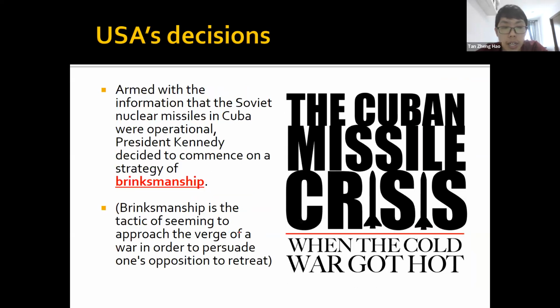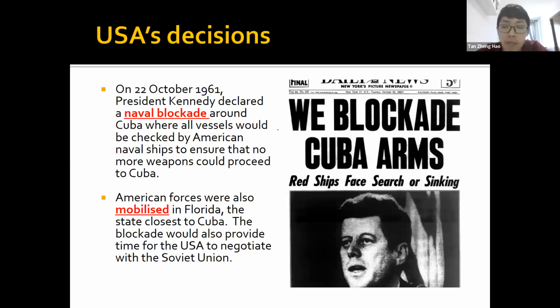Okay, and brinkmanship. The US decided, you know, brinkmanship means I want to basically play with fire. I want to make it look like I'm willing to do anything to scare you to back off. So the US also knew we cannot afford to take no risk. We must take risky action and scare the USSR. So one of the actions they eventually decided on was a naval blockade. Although it's risky, although it risks getting into a war with the USSR, I want to do it so that maybe the USSR will back off.